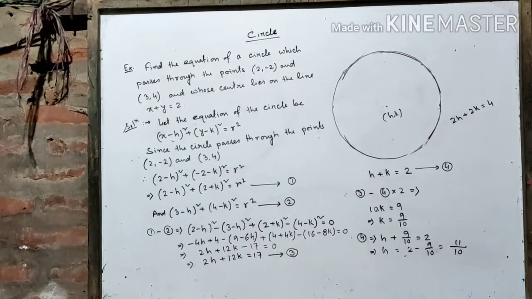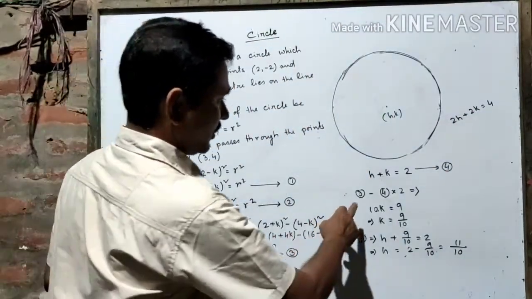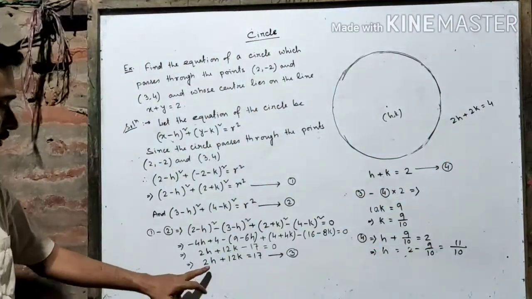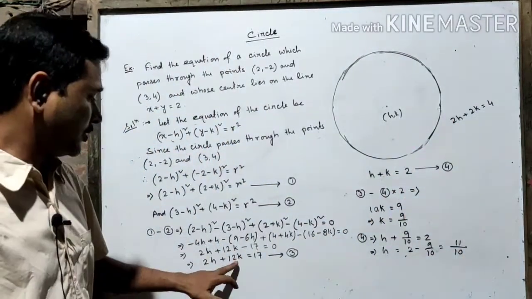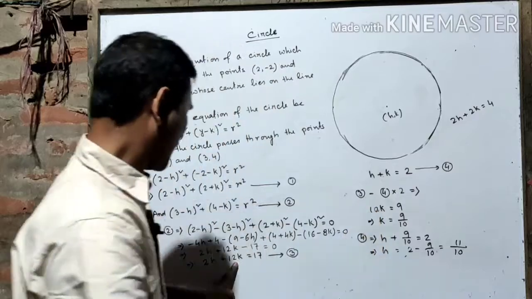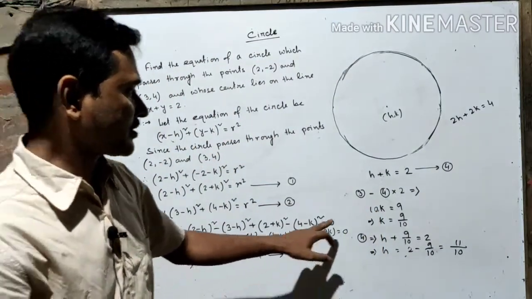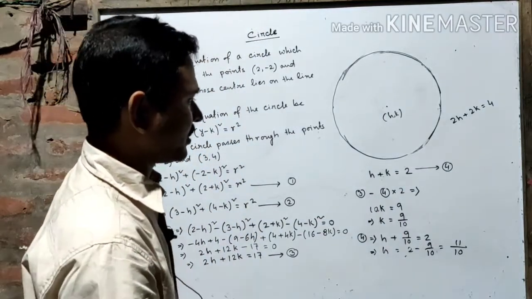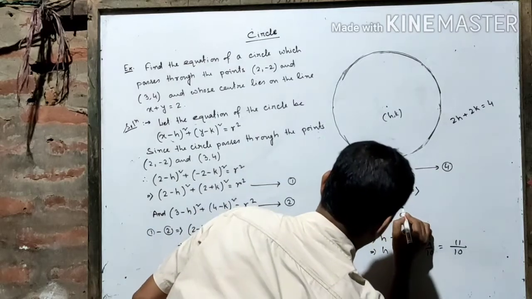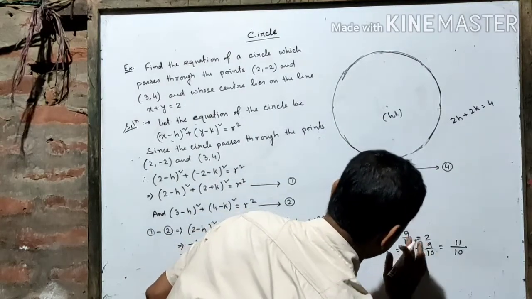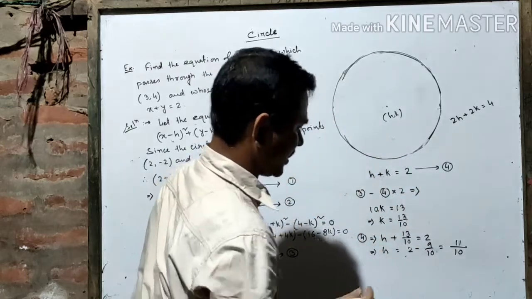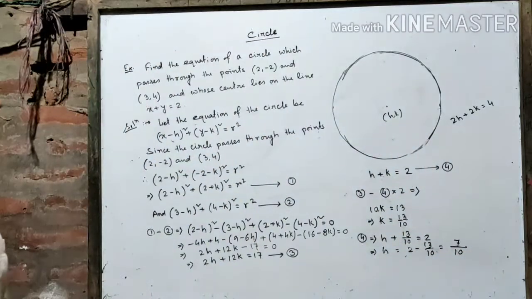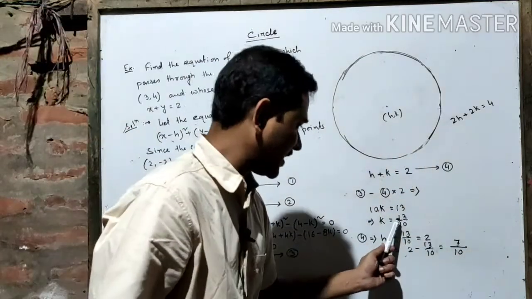So a bit correction is required here. So this will be 4 into 2. 4 into 2 becomes twice h plus twice k is equal to 4. Now twice h minus twice h, 0. 12k minus 2k is 10k, and 17 minus 4 is 13. So k will be 13 by 10. H plus 13 by 10 gives 7 by 10. So our h is 7 by 10 and k is 13 by 10.